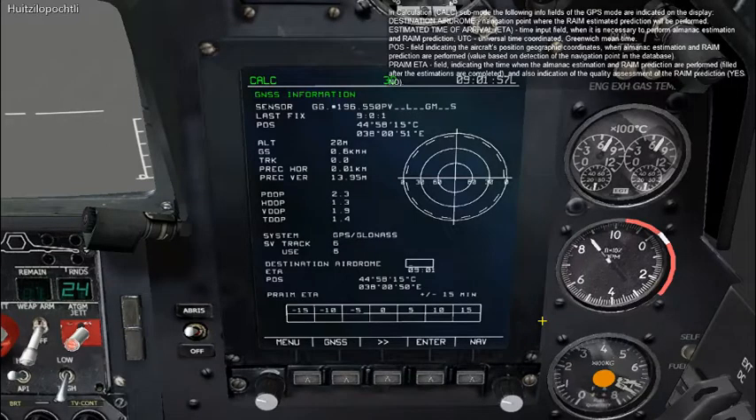In calculation submode, the following input fields of the GPS mode are indicated on the display: destination aerodrome, navigation point where the RAM estimated prediction will be performed, estimated time of arrival, time input field where it is necessary to perform almanac estimation and RAM prediction, UTC, universal time coordinate, Greenwich Mean Time, POS, field indicating aircraft's position's geographic coordinates